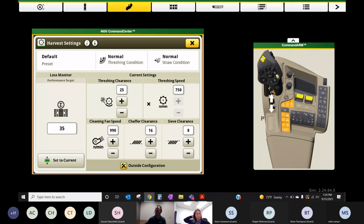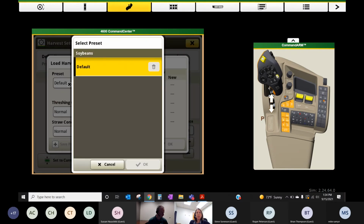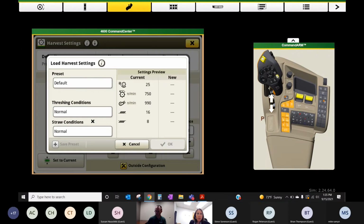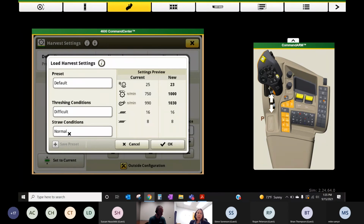So inside all our combines, depending on the crop type you have chosen, so we've chosen soybeans, there are default settings, I call them barnyard settings, for all of our combines. You get a couple options these days. So you've got default for beans. And then you've got a couple options on threshing. So if we're in some difficult threshing beans, maybe we're still a little green stemmed, we haven't had a frost yet,